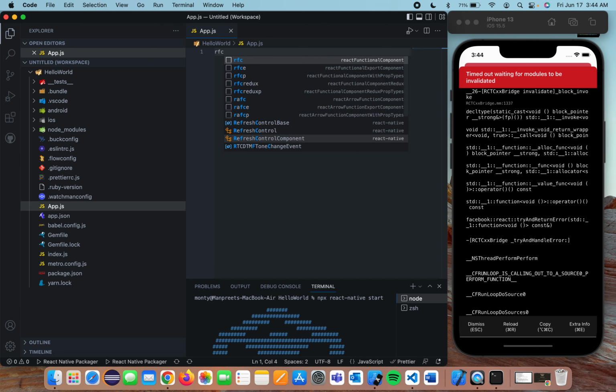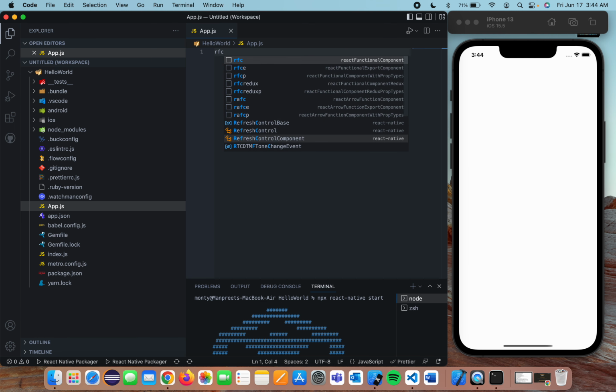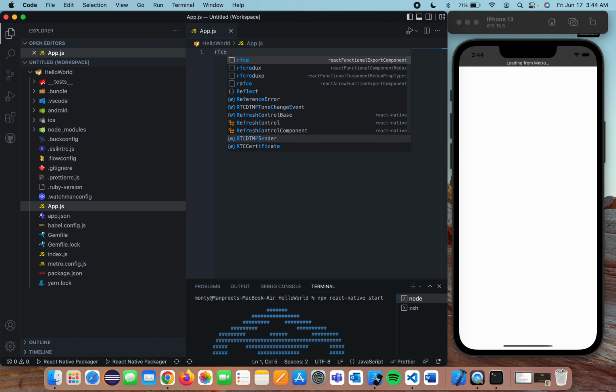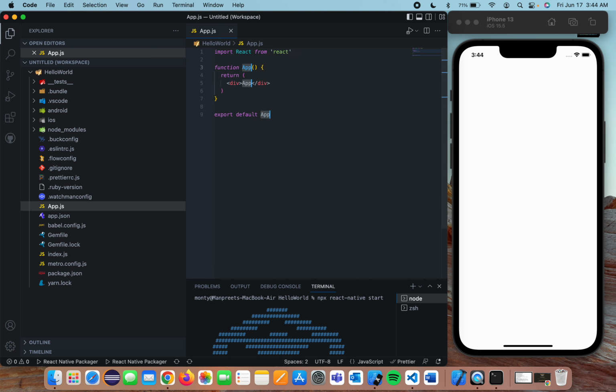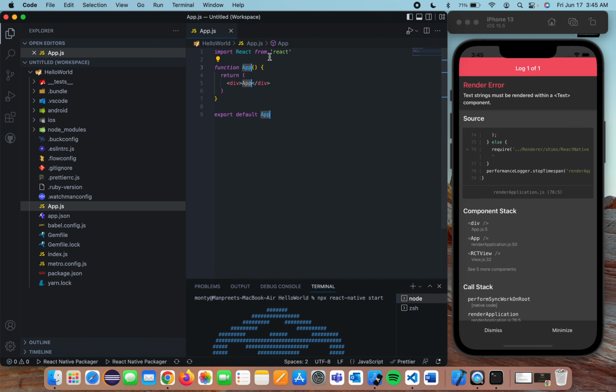So what I'll just write is rfce, and these are the snippets I was talking about earlier, the ES7 snippets. You can search for it later, and it says import React from React. And what we can do is we can just export it here,